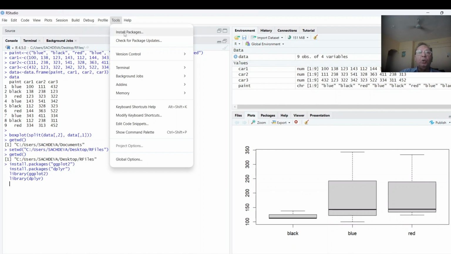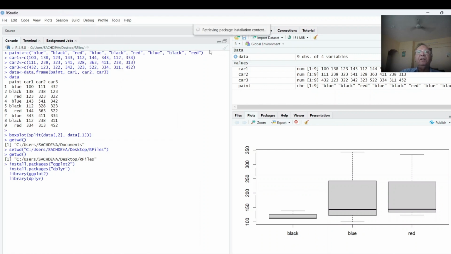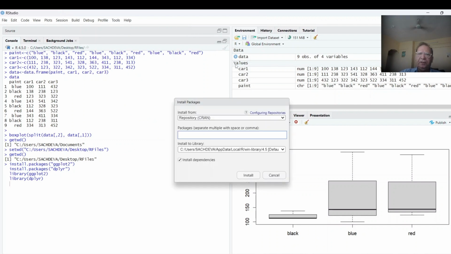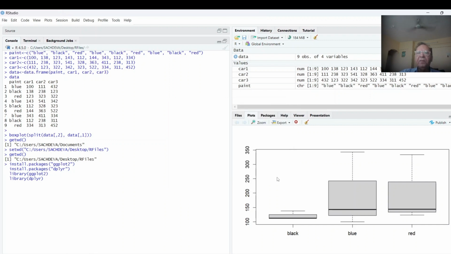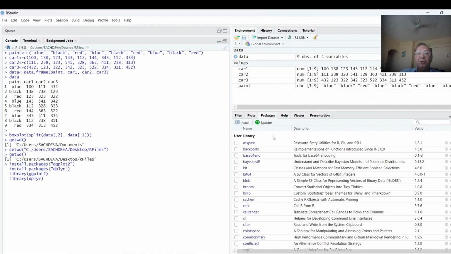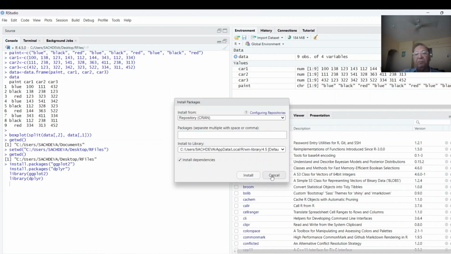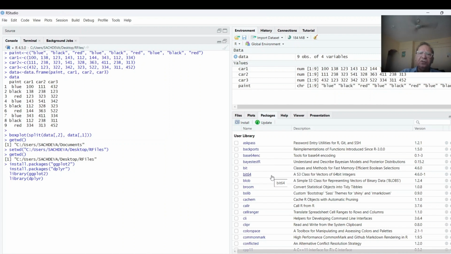In Tools, there is also a link, Install Packages. If you want to install any package, you can install it like this, and it will show what packages are there and ask which packages you want to install. You can also install packages from here, where it shows what packages are available. So there are many ways: you can install from the fourth pane, or from Tools, or